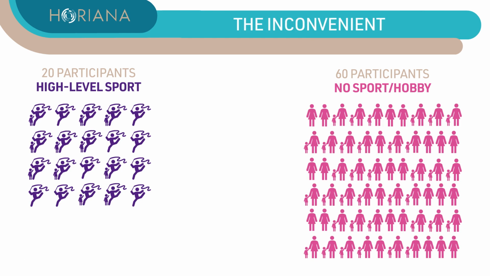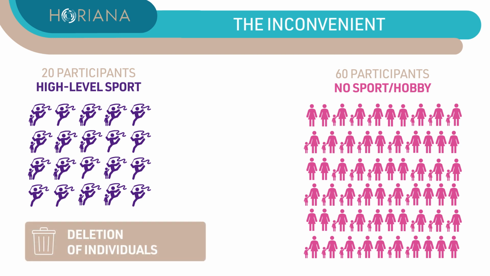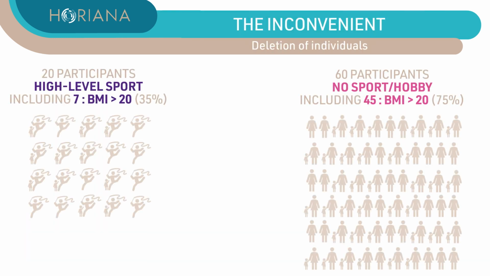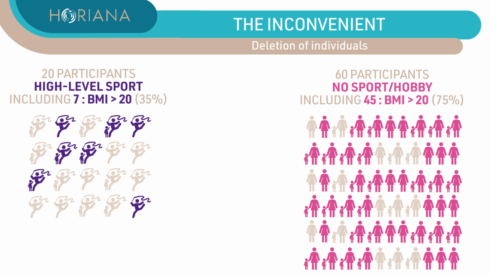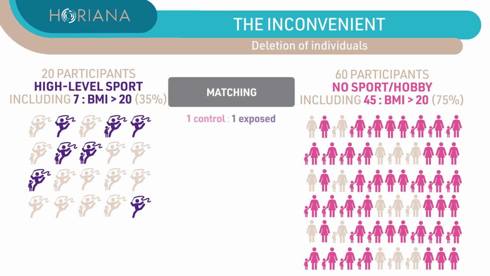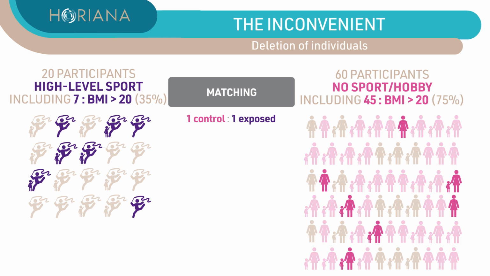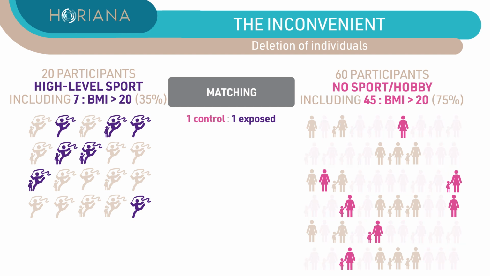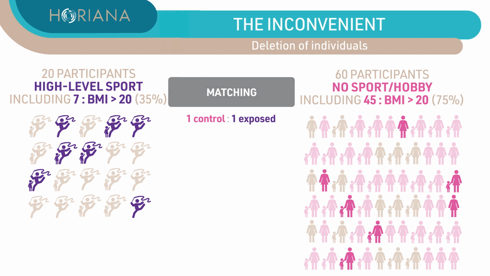The major disadvantage of matching is that there is no guarantee that all subjects can be selected in the end, especially the deletion of participants in the control group. Let's go back to this example. There are 7 participants practicing high-level sport with a BMI greater than 20 and 45 participants not practicing sports with a BMI greater than 20. We decided to match 1 participant to 1 control to neutralize the confounding variable, BMI. It's possible to select a maximum of 7 participants from the no sport group for the 7 women in the high-level sport group. It can be seen here that 38 women who did not participate in sport will be removed